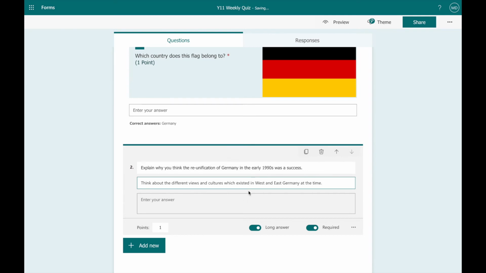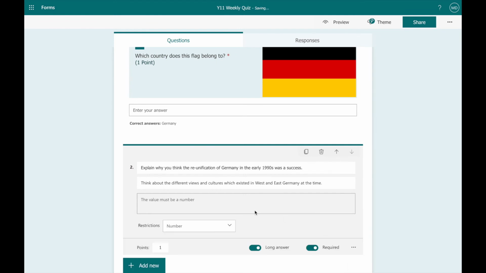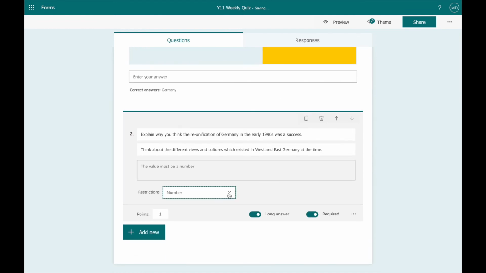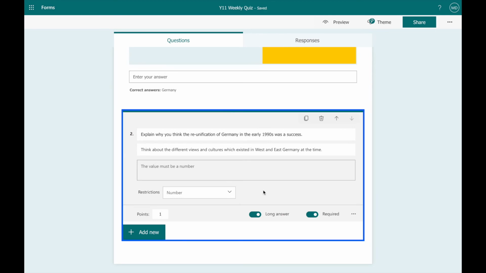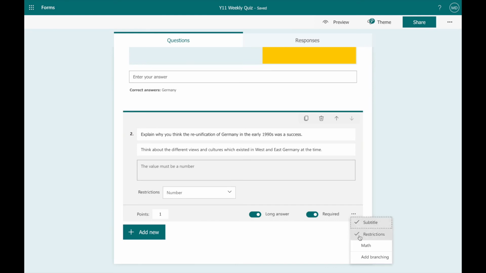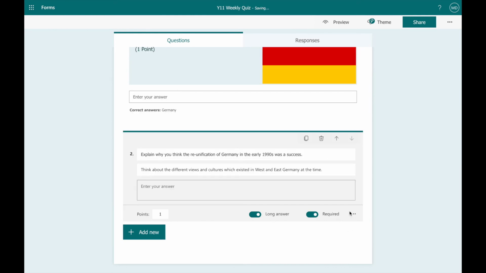So I've given them a subtitle. It's a little bit of a tip. I've also got other options as well, so I can add some restrictions, for example. So I could say, actually, the answer has to be a number. Well, that'd be pointless in this case. So I wouldn't bother with that. So I'm going to turn the restrictions off, and